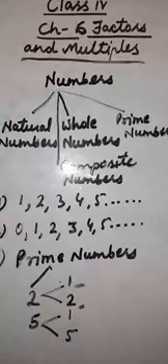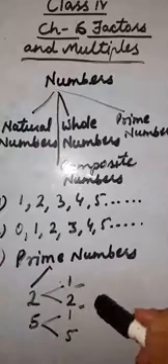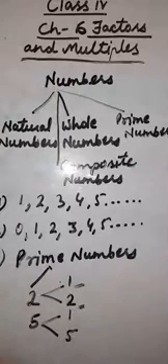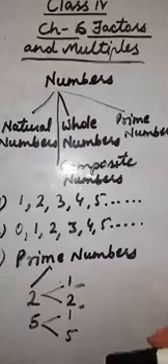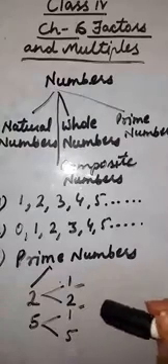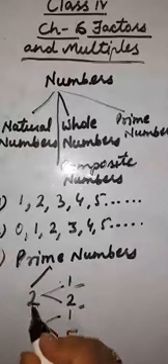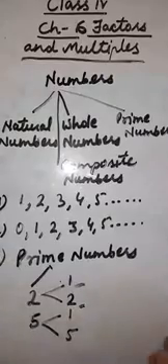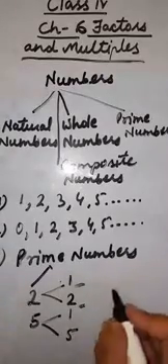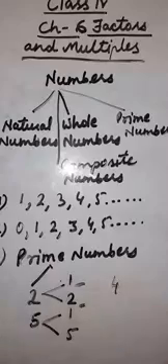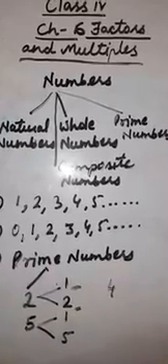Okay children, prime numbers क्या होते हैं? जिनके only 2 factors होते हैं, which we have learnt. Factors जो अभी हमने पढ़ा है, जिनके only 2 factors होते हैं, 1 and number itself, right? So here we have 2, 5, 3. Okay, let's discuss 4. Let's take out its factors.